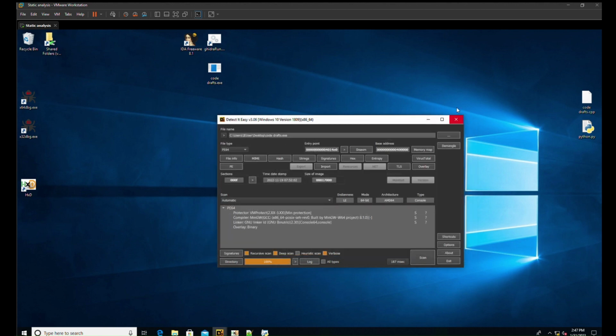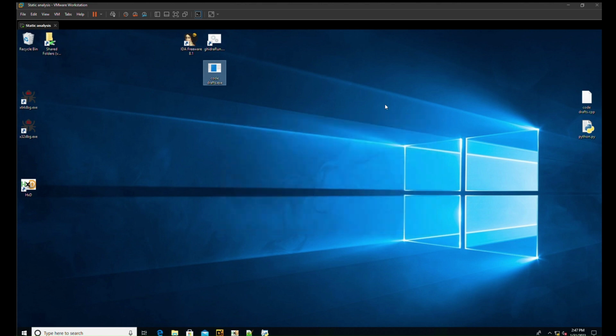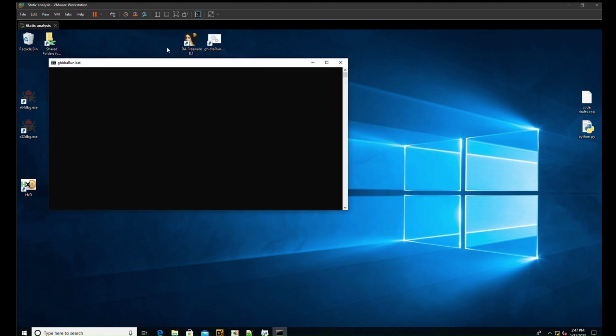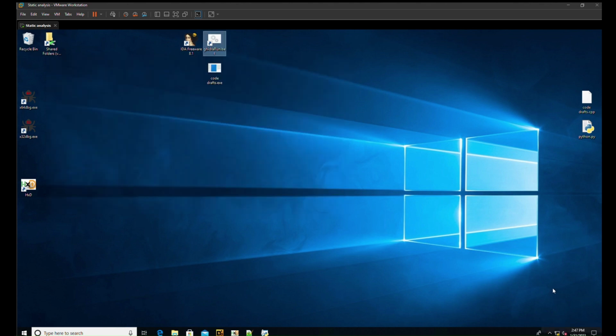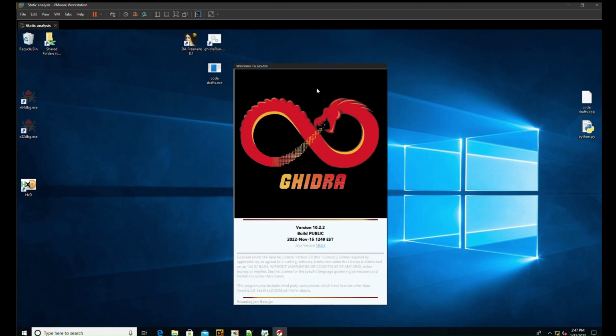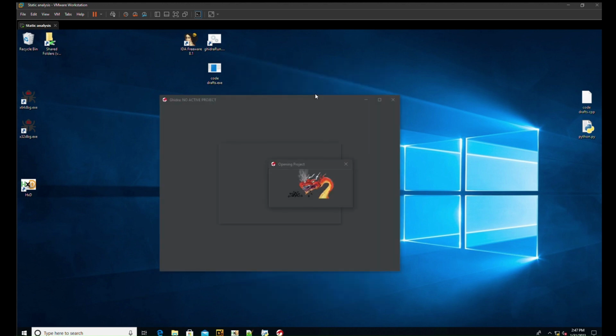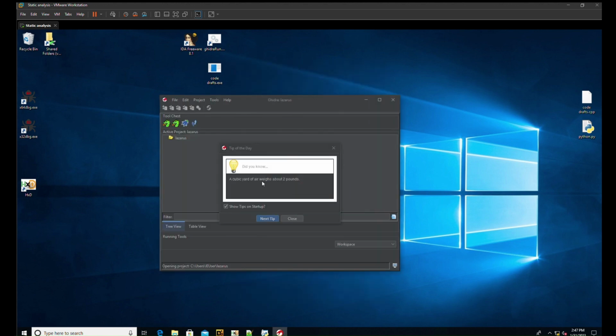We close all these down, and we just run Ghidra. I'm not going to run IDA, because IDA requires me to be connected to the internet. I might do it in a little bit just to show what IDA can do, but Ghidra is a great introduction and a great first step because it's what we're going to be using most during our time. The best thing about Ghidra that no other decompiler does is it gives us